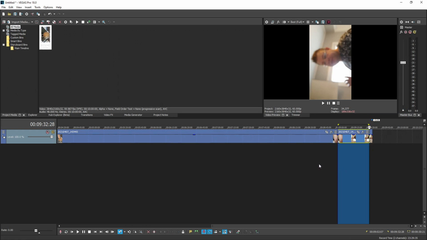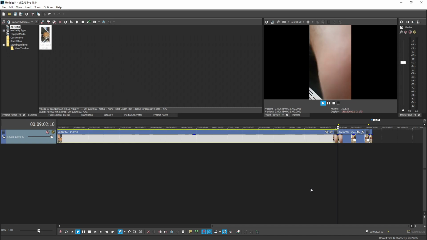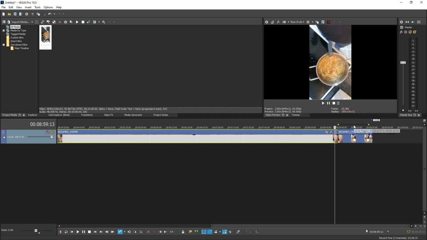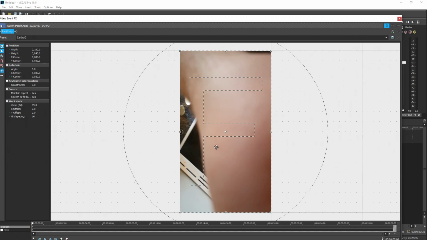So you select Split, and then if you play the video, it will play like normal, and then it will start to twist, and you end up in the split view. Okay, so now you can just double click there and you have it selected, and then you go here, event pan crop, and to get this in 1920 by 1080, which I'm using here as a resolution, you need to rotate it against the clock, and you go to angle and you type in -90 degrees,